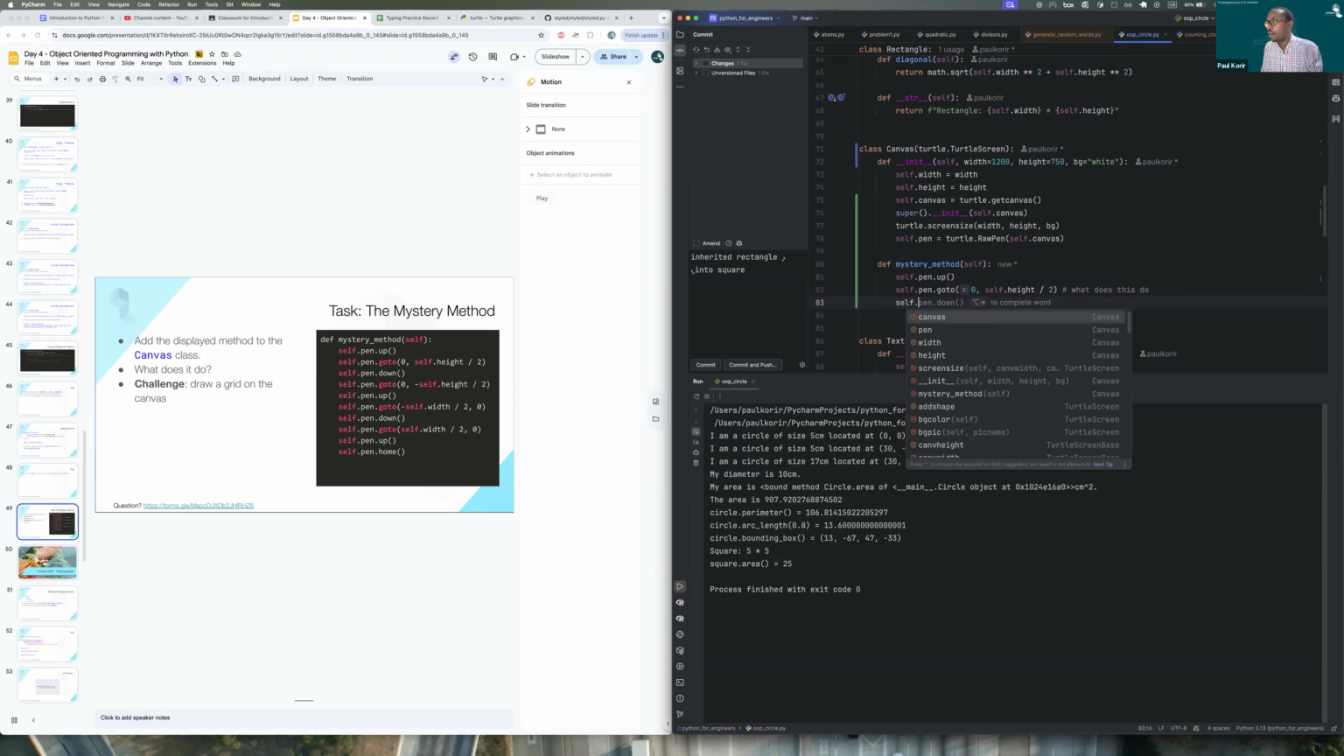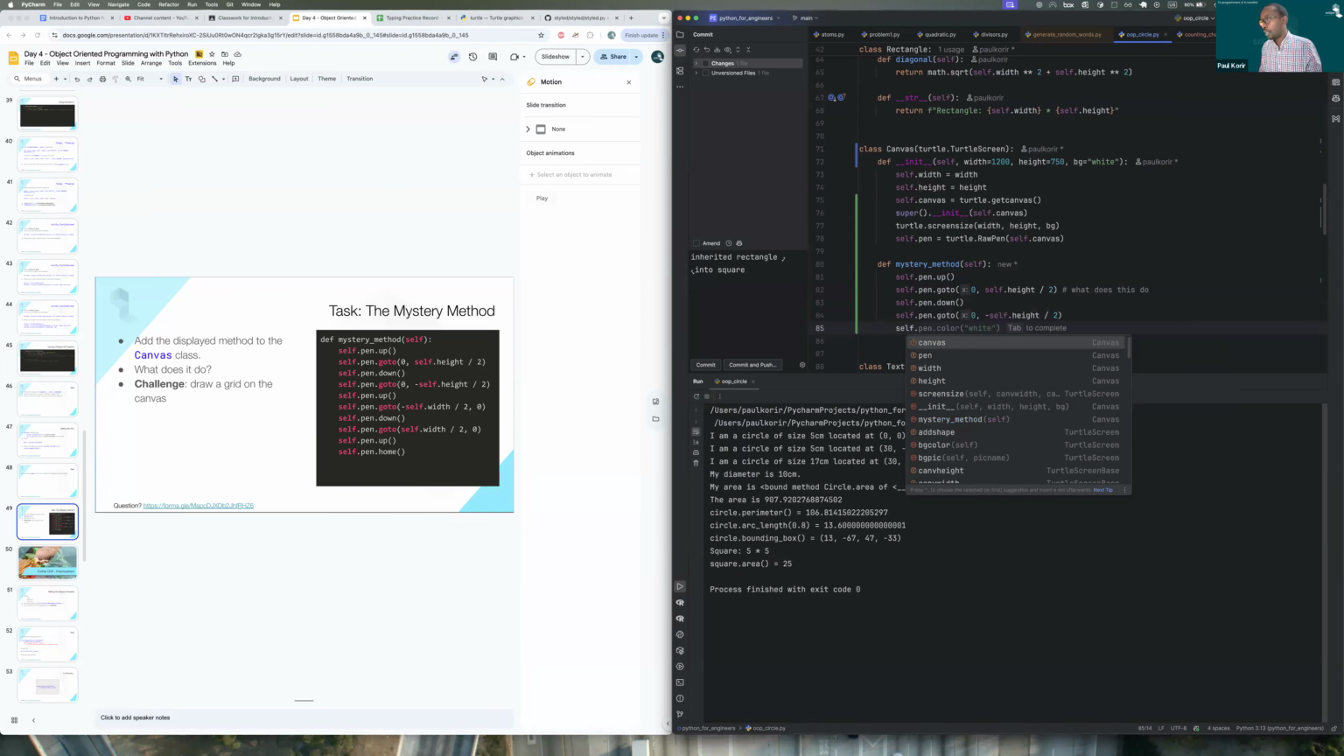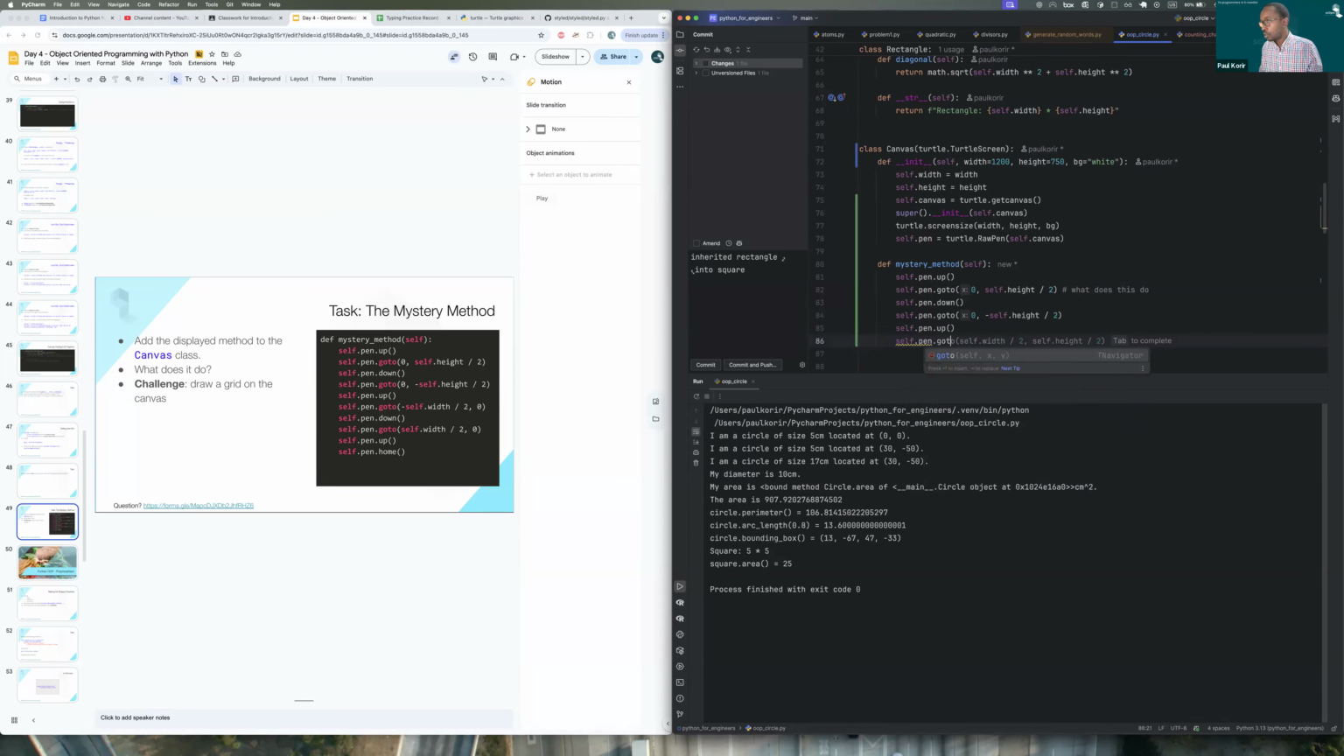And then self.pen.down, self.pen.goto, 0, minus self.height, divide by 2, self.pen.up, self.pen.goto, minus self.width, divide by 2, 0, and then self.pen.up,